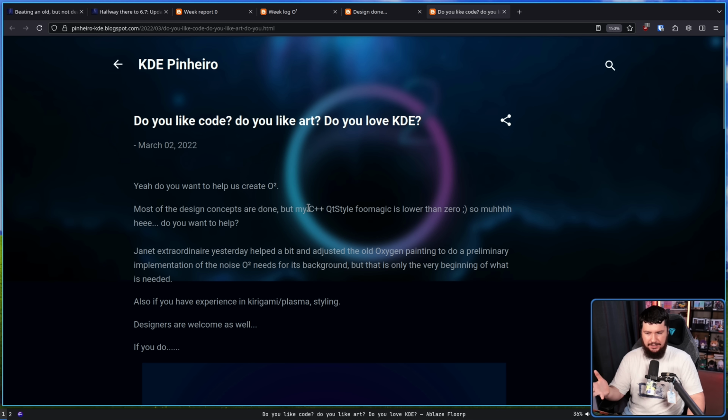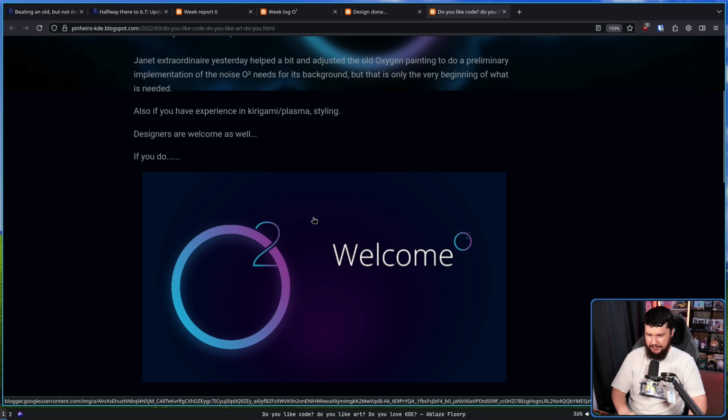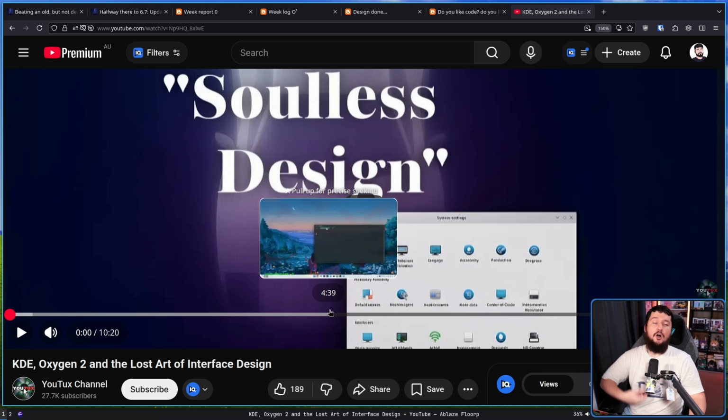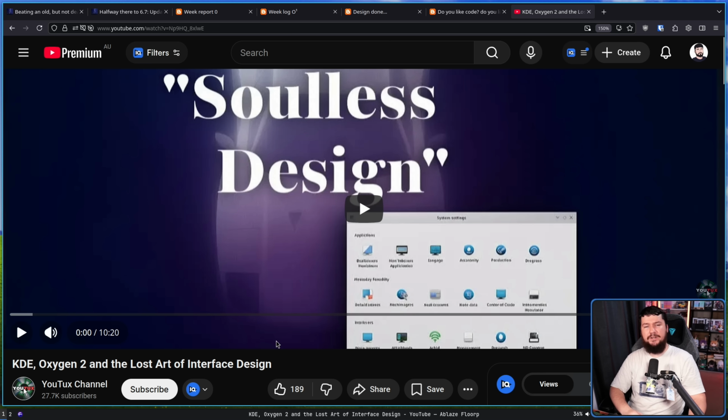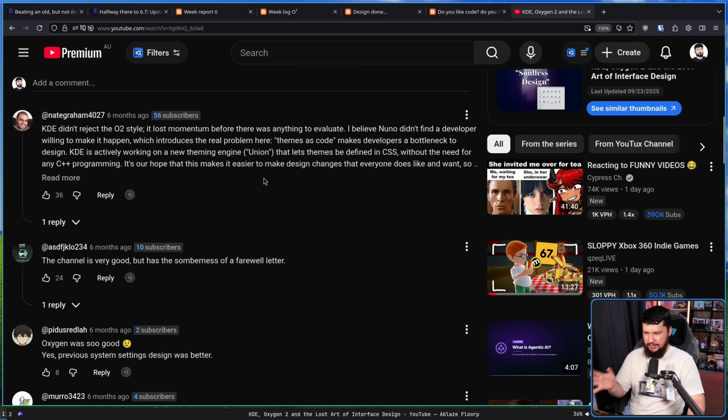The main reason here is Nuno Pinheiro is a designer, and you need C++ to be able to implement a full KDE theme. Also, if you have experience in Kirigami/Plasma styling, designers are welcome as well. If you do, then welcome, and he had a Telegram at the time for working on this project. On one of those videos, notably this notoriously AI-generated channel, Nate Graham said this: